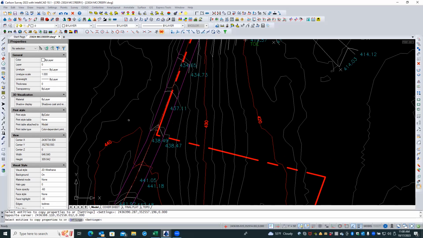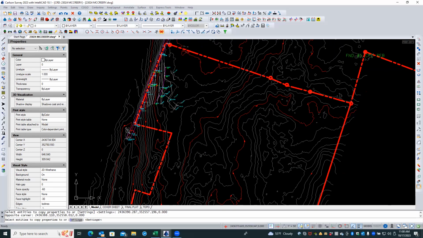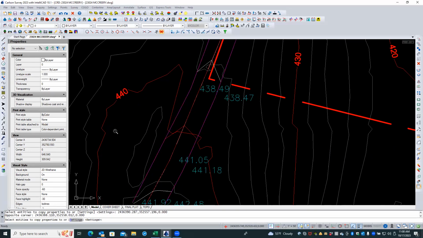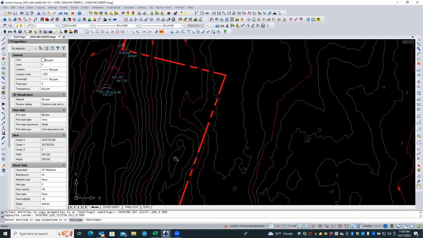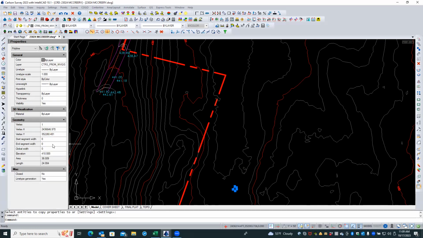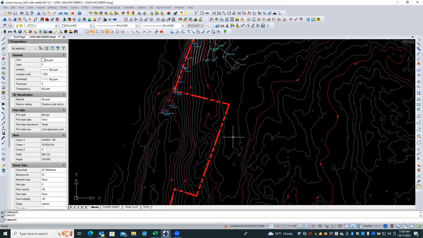as you find them. Now you may find a couple of them, like maybe this one. After you finish this all up, just do some spot checks. I'll end the command and say, maybe I have this one here, I don't necessarily know, I didn't label it. You would just select it, read its elevation, and see. Now that's going to be an index or an intermediate, so we're not going to change that one. All right, so you get the idea. So you put all those on the index